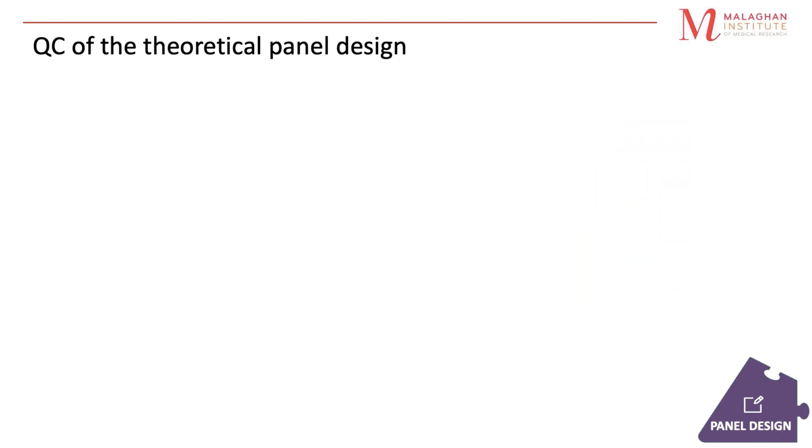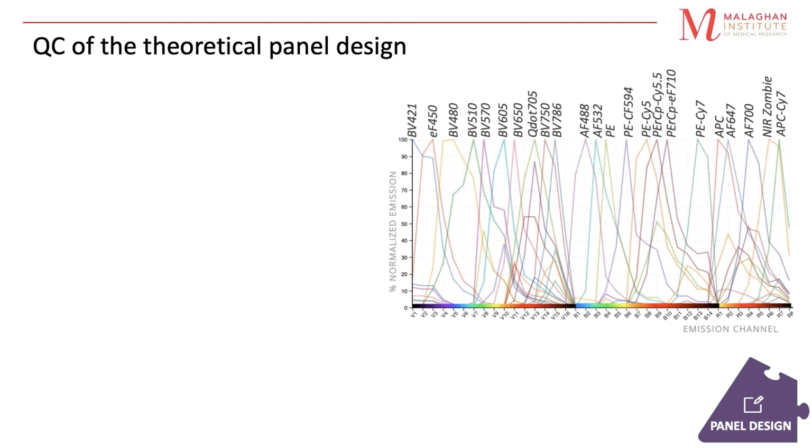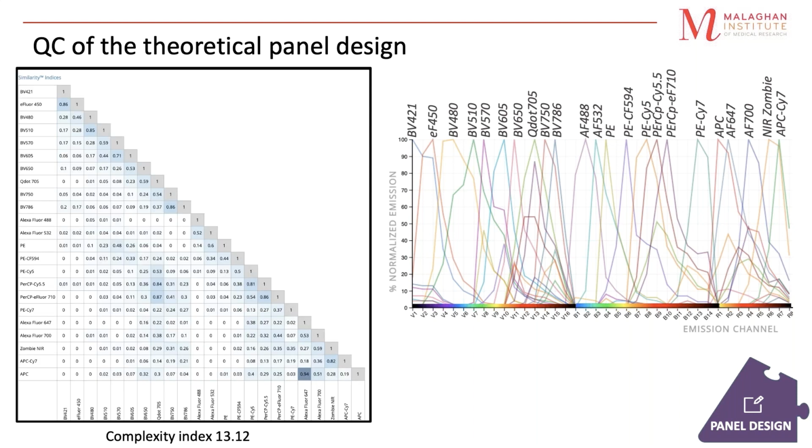To QC the theoretical panel design consists of making sure that our designed panel is the one that we think is the closest one to the one that will work very well in reality. At this point, as Kate was saying, we can use the spectral viewer to make sure that our fluorophore choices have unique spectral signatures and that they are well spread across the whole emission range. Also, we can have a look at the similarity indexes to see how similar our fluorophores are, and also at